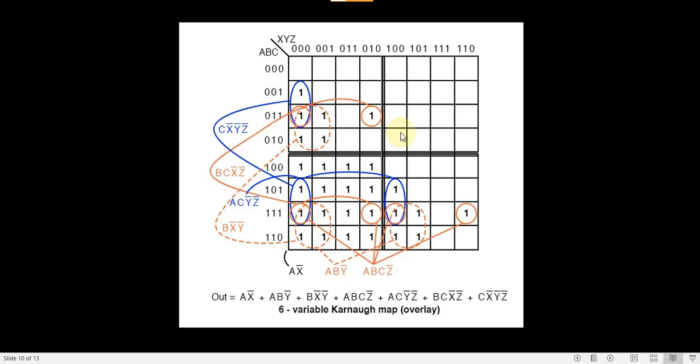Okay, this is again 6 variable. These things are not there in your syllabus, 6 variable. I've just told you, you could extend this philosophy into 6 variable also, right? Till 6 variable, human beings can draw a K-map and do it. 7 variable, you have to be very, very extra intelligent to do it as a human being. But till 6 variable we can handle like this. 7th variable, 8th variable, it's going to be very complex for us, right? So this also people try and attempt. So how to do it, right?